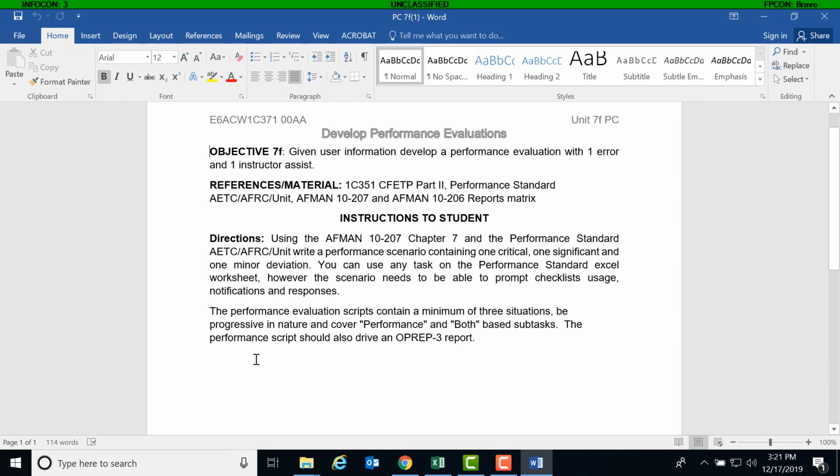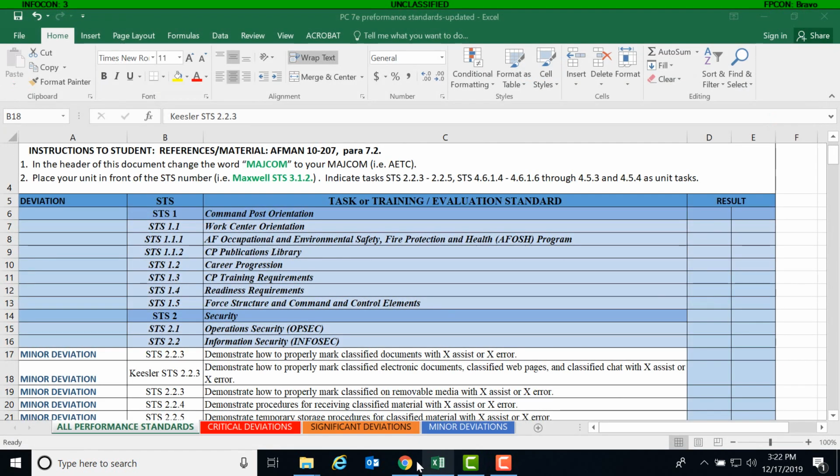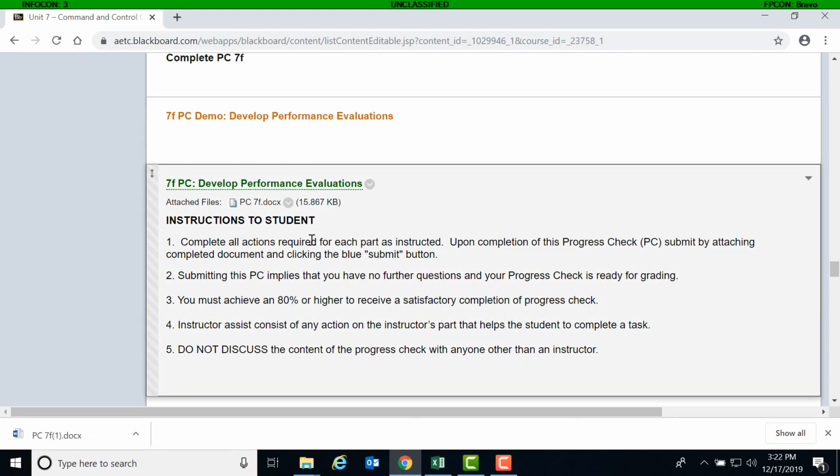You can use active shooter, emergency weather, aircraft hijacking, aircraft crash. There are tons and tons of different scenarios that you can use. That's why you want to pull out that 10-206 reports matrix and look through there and maybe pick a situation that would drive an OPREP, and then work backwards on what would lead up to that happening, and then build your scenario that way. Once you're complete, go ahead and save it, and you're going to submit like you have been for all the other